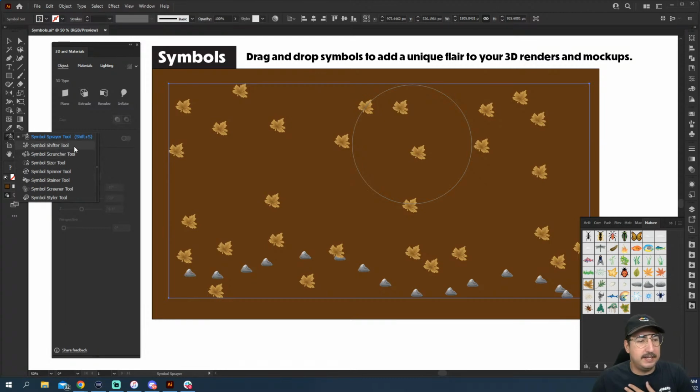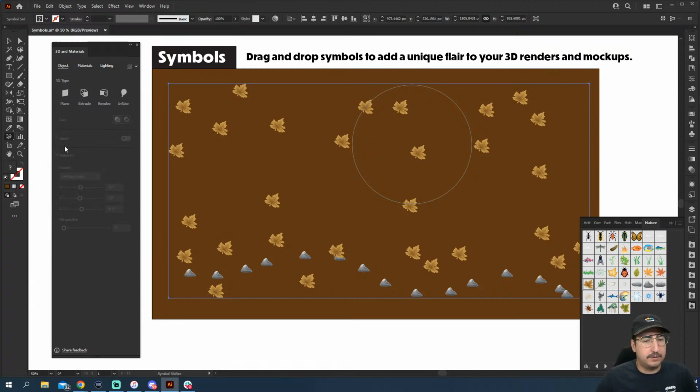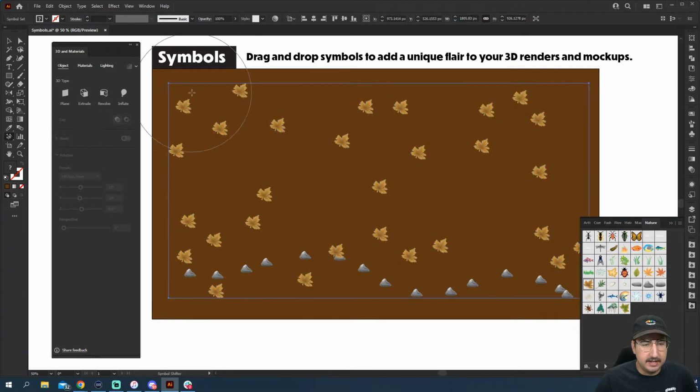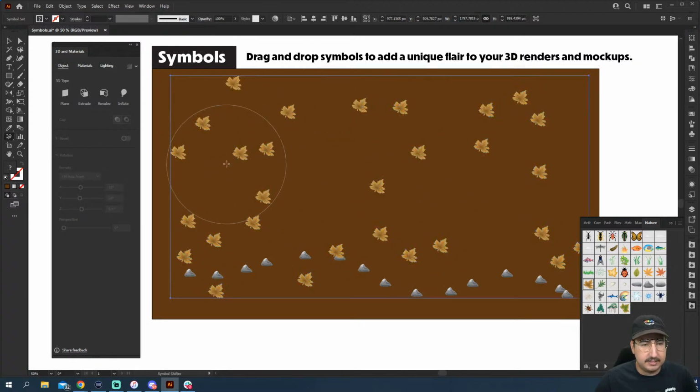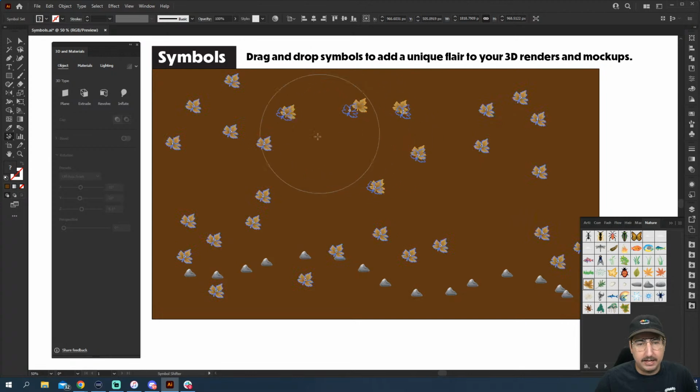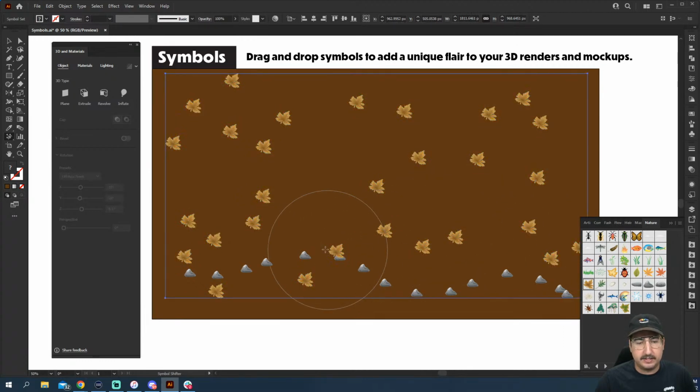The first is going to be the symbol shifter tool. So let's say that we want to kind of follow a flow. We can use the symbol shifter tool. This is going to help us kind of use the wind. You can see we can kind of click and drag these, and they will almost mesh to where we want, right? You can see that they're kind of just clicking and dragging around as we move those. So this is why doing a scatter brush probably wouldn't be the best option for this, because we wouldn't have